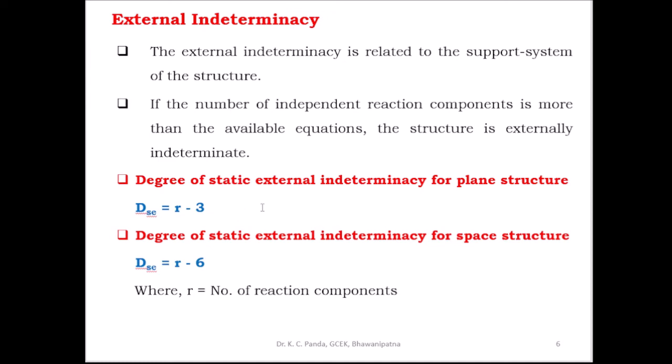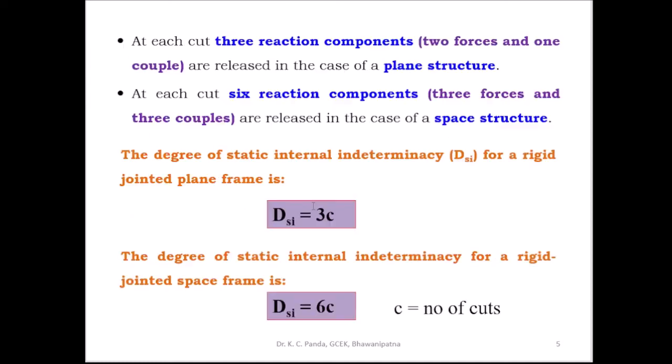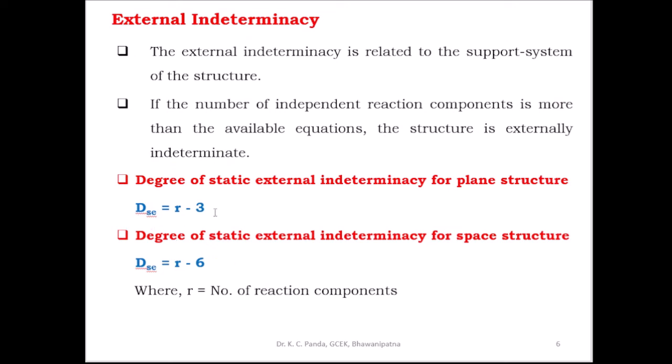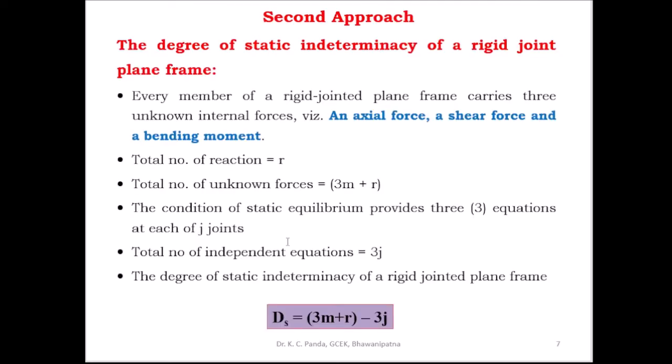Then after getting dSi, the degree of static internal indeterminacy, and dSe, the degree of static external indeterminacy, the total degree of static indeterminacy can be determined. So ds is equal to dSe plus dSi. So this is the first approach. Then coming to the second approach,